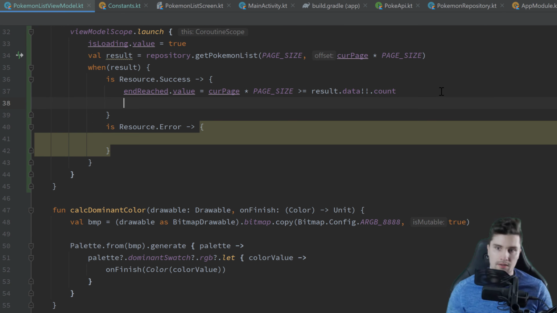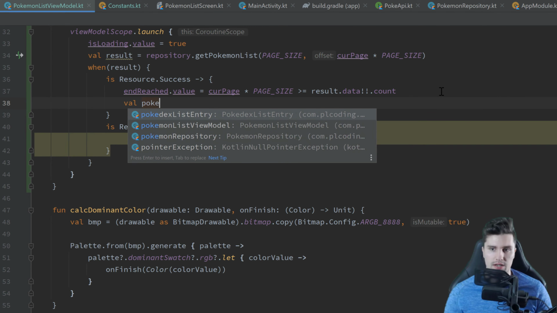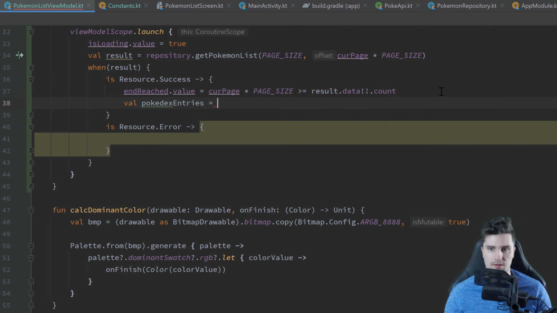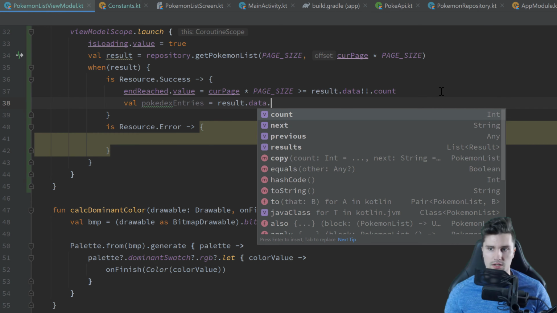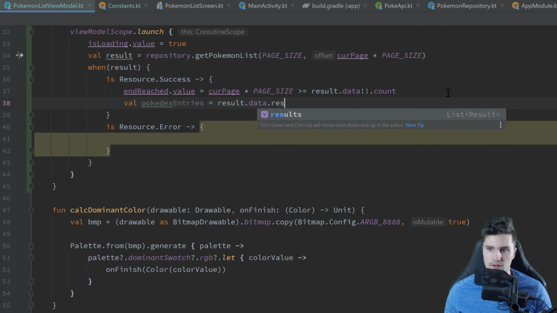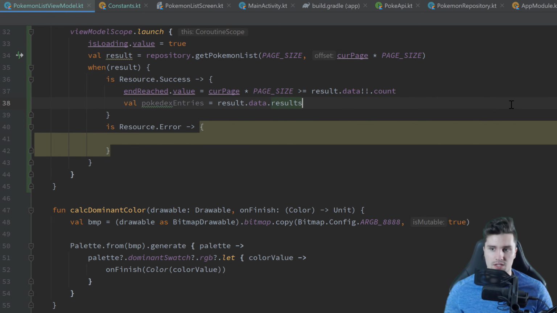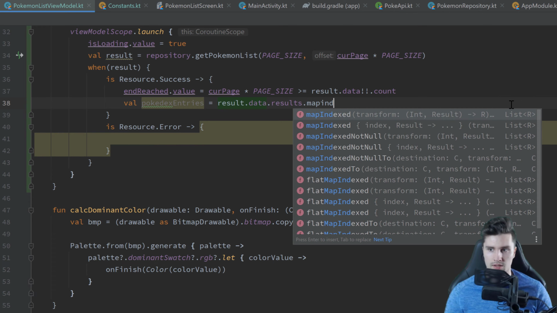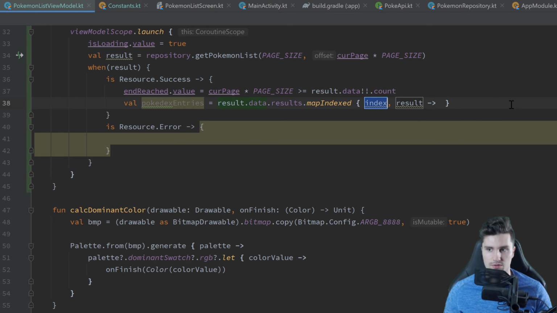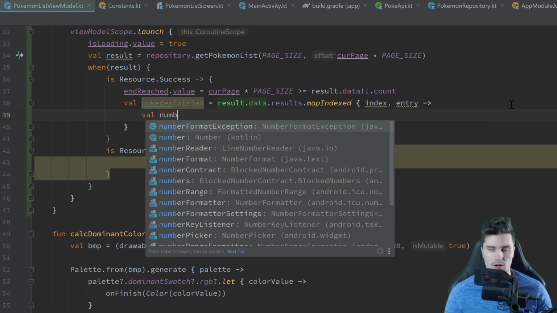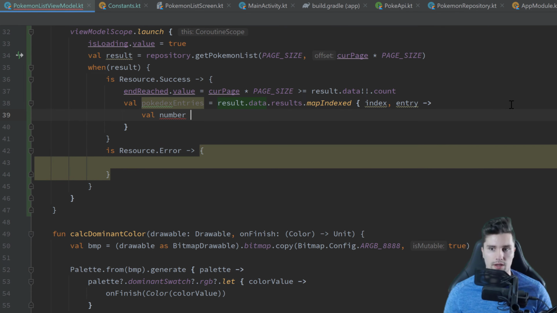and right here we want to get our Pokédex entries by using result data nullCheck, which is not needed here, that results, which is, you can see, of this result type here, which is not yet of our Pokédex list entry type, but we want to have this list as a list of Pokédex list entries. So we need to map that. We will use mapIndexed, so we also get a reference to the current index. I'll rename this to entry, and here we now want to parse this number from this URL, as I just explained,